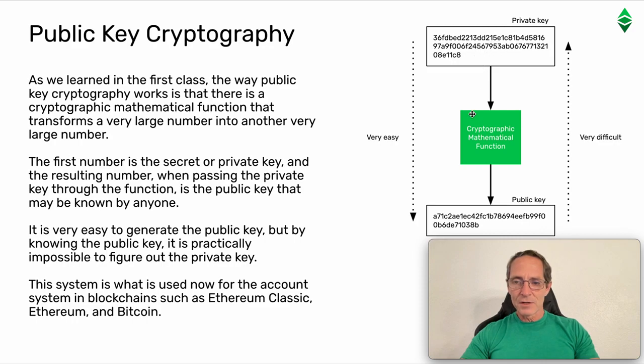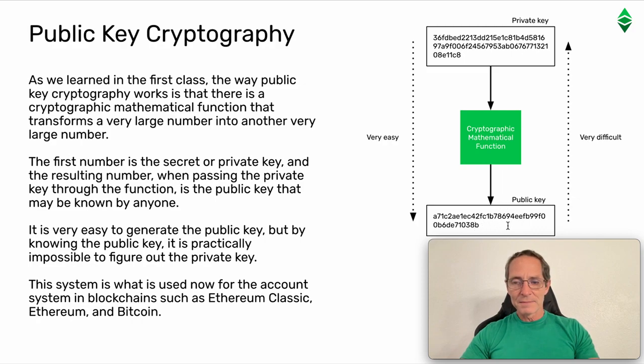Starting with this number, you pass it through the cryptographic mathematical function. This is done by the wallets, and they generate the public key, which is your address, as I am going to explain. So the secret is that it's very easy using this cryptographic mathematical function to generate the public key,